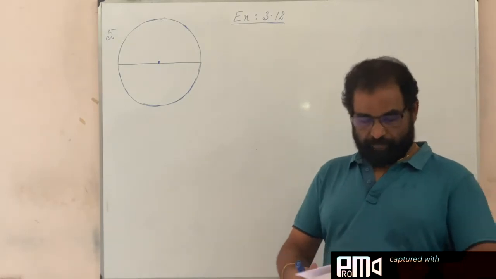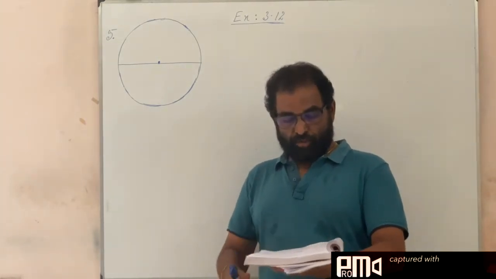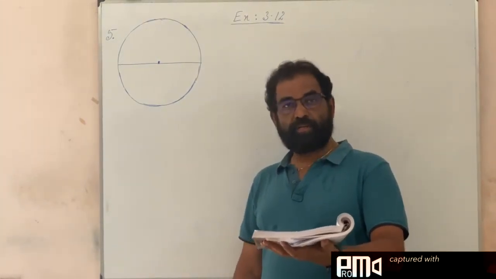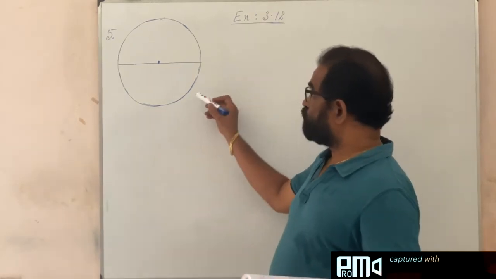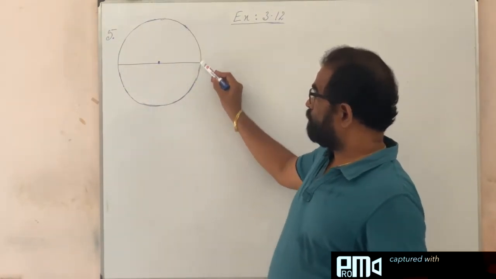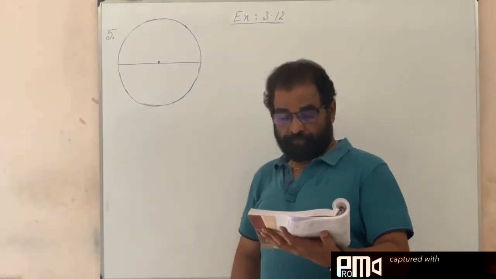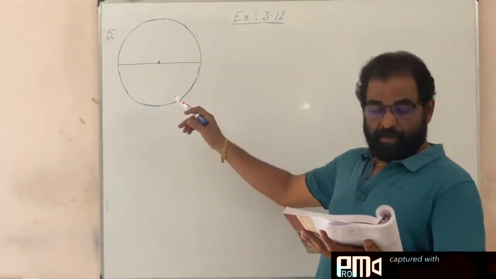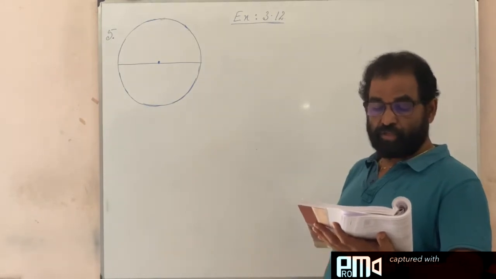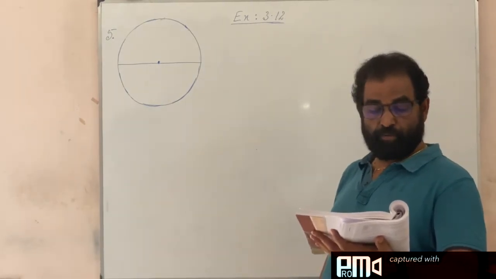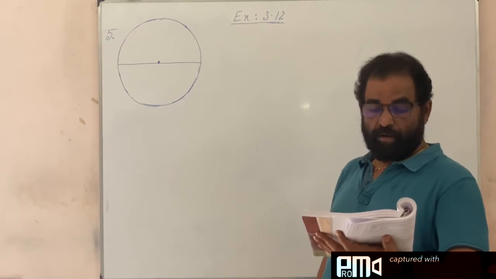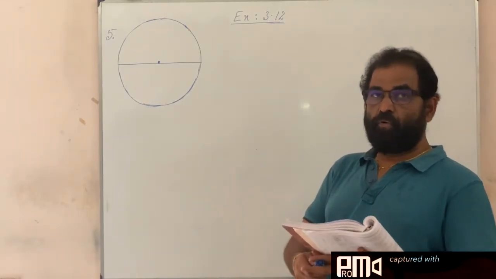Let me read the question. A pole has to be erected at a point on the boundary of a circular ground. This is a circular ground. On the boundary, this is a boundary, anywhere, we have to erect a pole. Diameter 20 meters, in such a way that the difference of its distance from the two diametrically opposite fixed gates P and Q on the boundary is 4 meters.